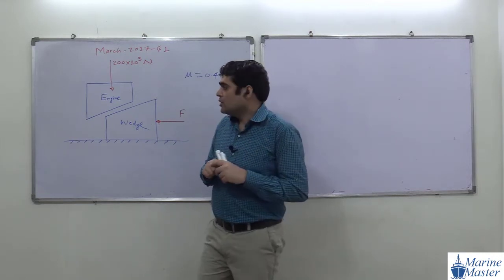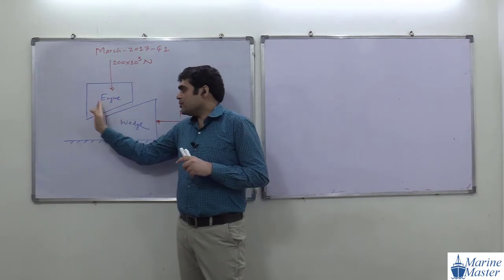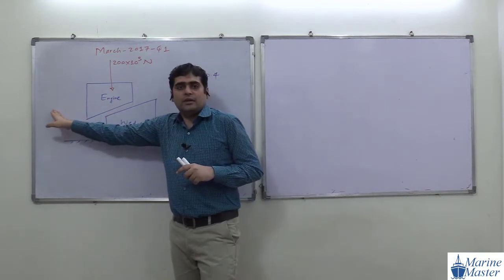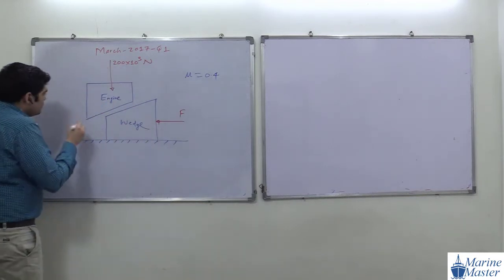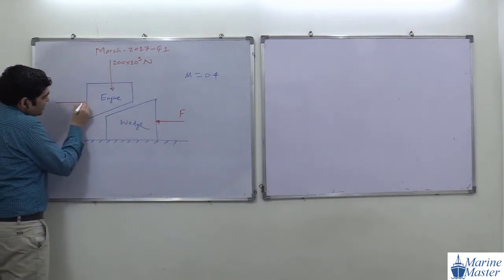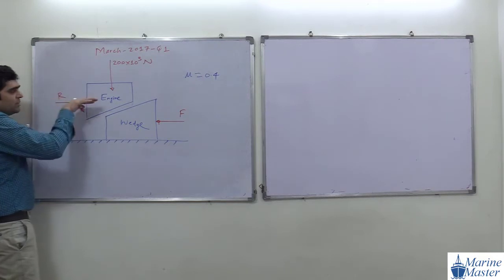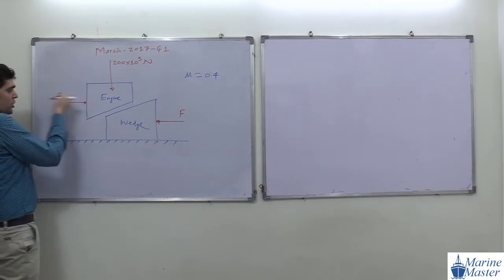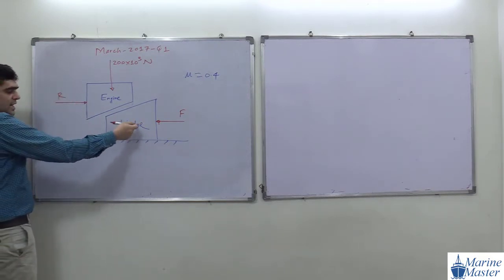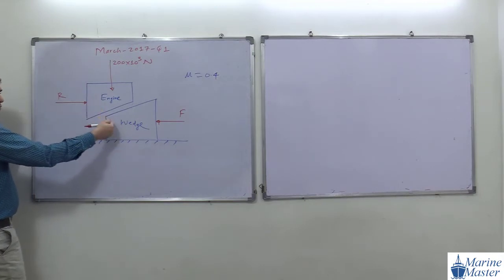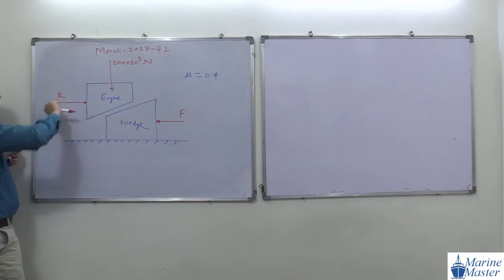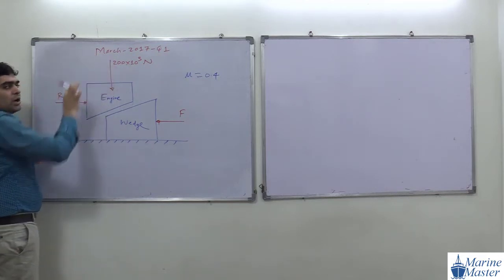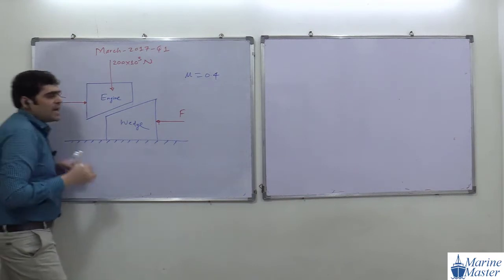Suppose on this side there is also an engine, the remaining part of the engine. That remaining part of the engine will apply a reaction force here, and that reaction force opposes motion on this side. The wedges try to go this side, and with the wedge the engine will try to go this side, but the remaining part of the engine will oppose. And so the engine will go up. So you got this point, how this R is coming.